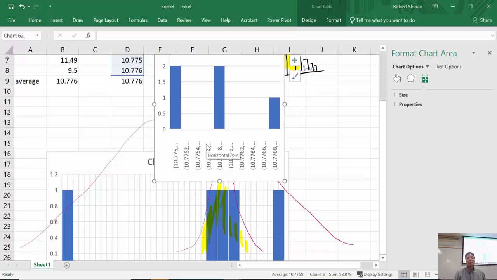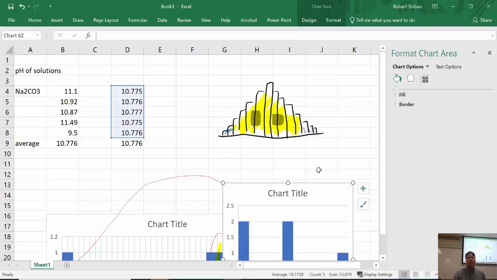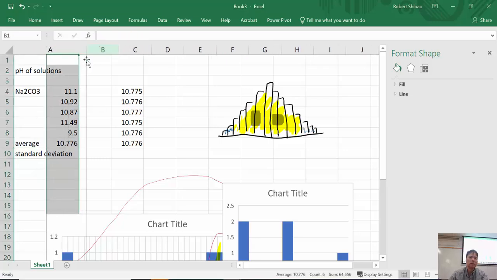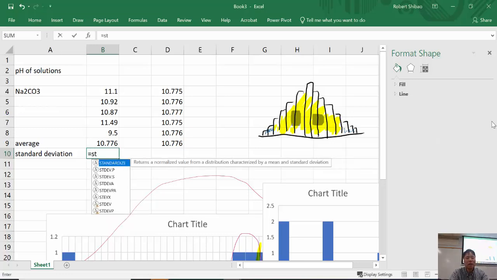And so here we're going to have a bit more confidence in the average, whereas here we have a much wider distribution, so we have a little bit less confidence in the average. And so what we do for this is we'll just model it, and then we're going to determine the standard deviation. So Excel will do this for us. It's just a built-in function. So we'll just say